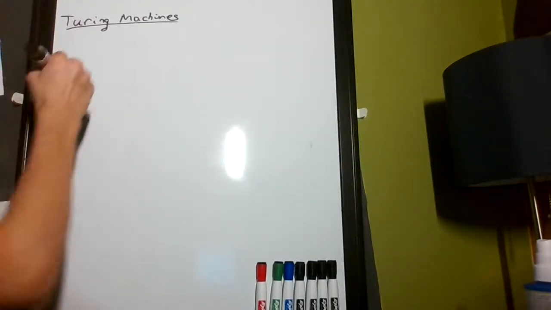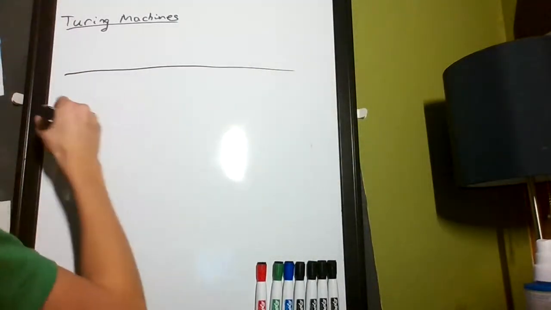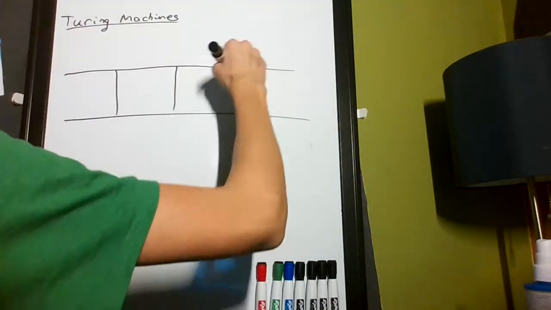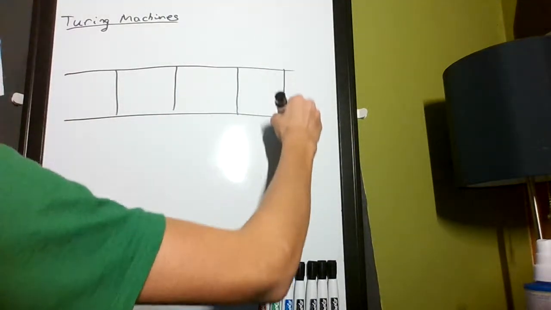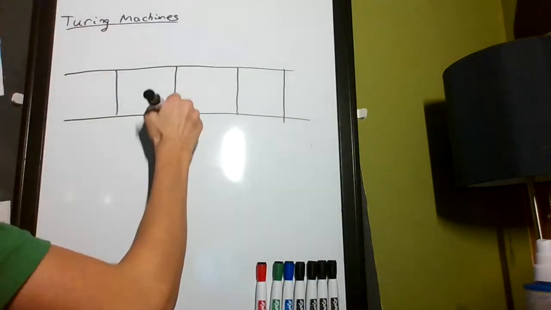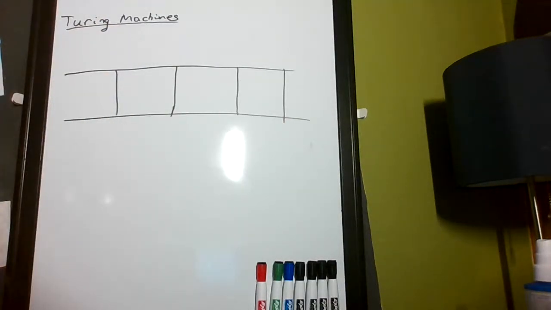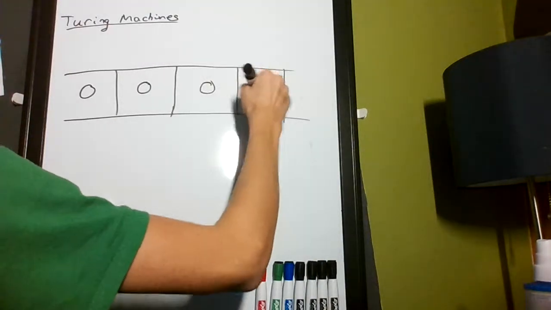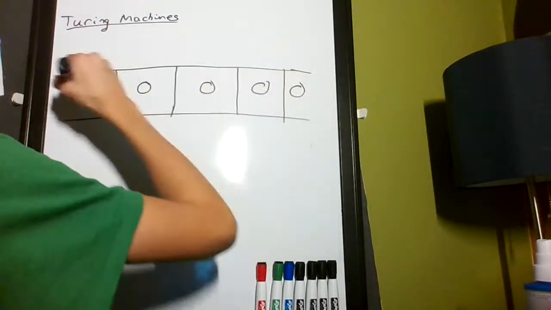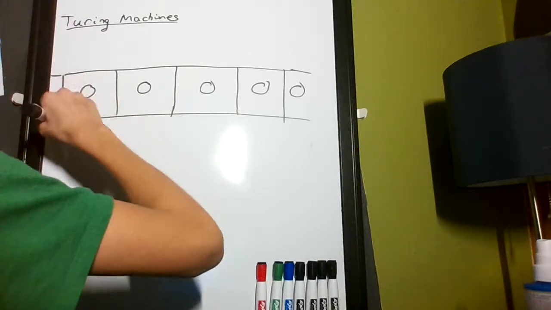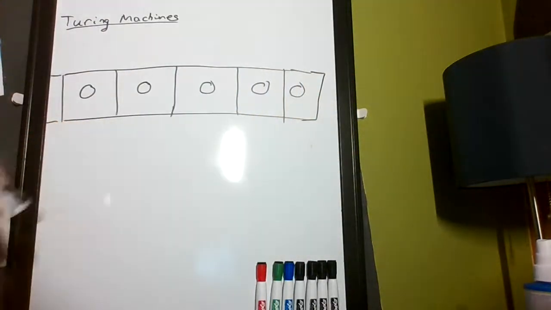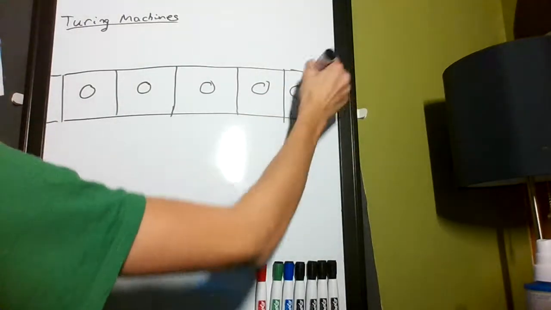Okay, so in this video I will be introducing Turing machines. And what Turing machines are is a mathematically rigorous way to look at computers. So what it does is you have an infinite length of tape with numbers written on them, 0